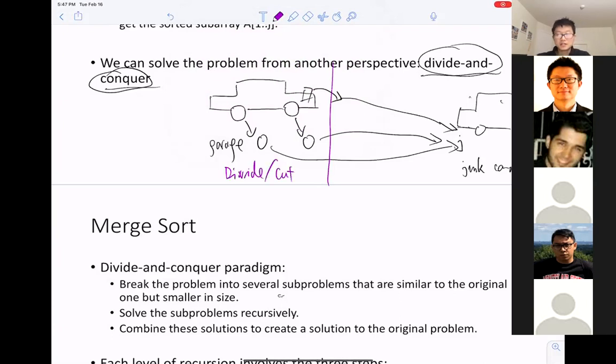Basically, you divide this big car into different pieces that are movable by hand. And then the second step we call conquer or transit. So you transfer those small pieces to the junkyard.